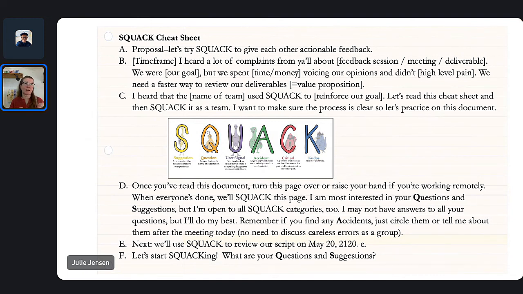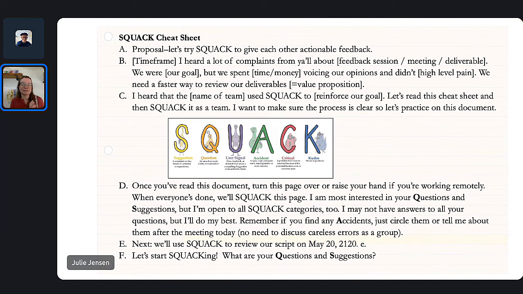Pull in paragraph B, right? That feedback that you've heard, what's not working, what's getting frustrating, and can you actually make it into a value proposition? What's our goal in using Squawk? What's the problem, the user signal, if you will, that you're trying to solve? Because people have not been accommodating or haven't gotten what they wanted out of the feedback sessions, right? And maybe reinforce where it's worked before.